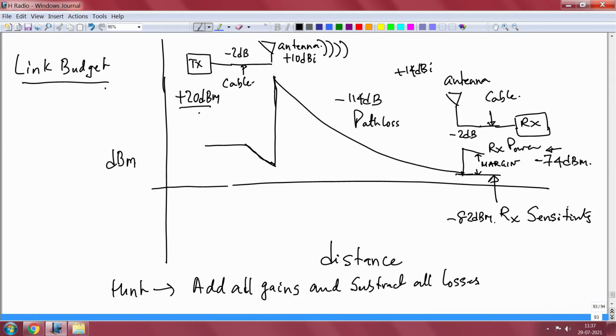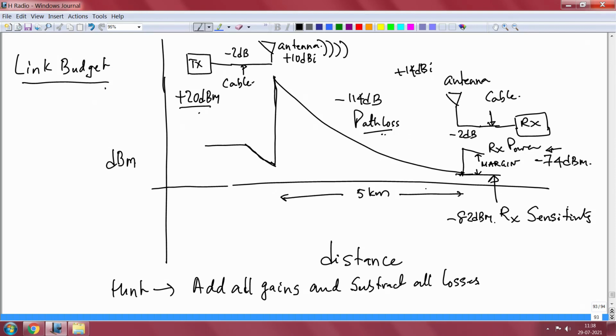This is something that we know very well, and that is ideal, right. So you have something called a path loss which we apply, and because there is a path loss there is a huge attenuation in the signal. You can see the loss that is shown there, and that loss is quite significant. This is something like 114 dB over a 5 kilometer link, let us say. As I said, it is a random example, just to drive home a point. So this is what you are getting here, so it is really down.